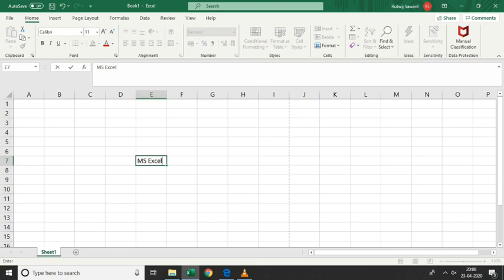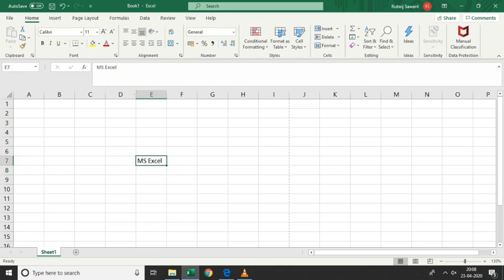When you click on another cell, whatever data is present within that cell will be displayed within the formula bar. Again I'll click within this, and you can see as I click, the data gets displayed within your formula bar.